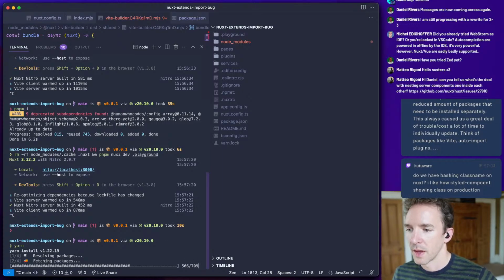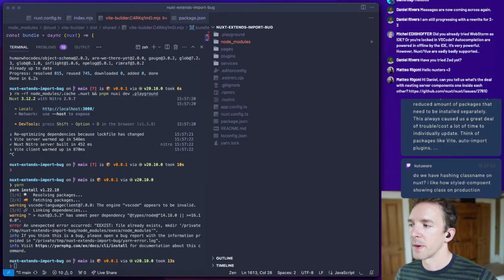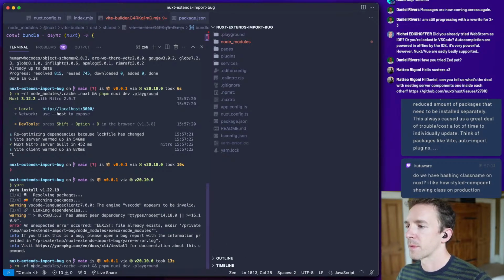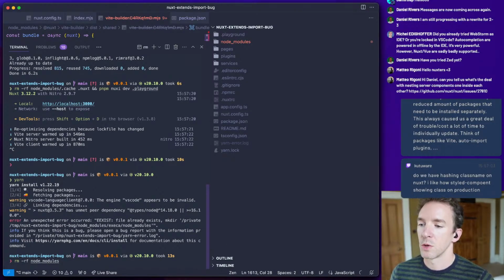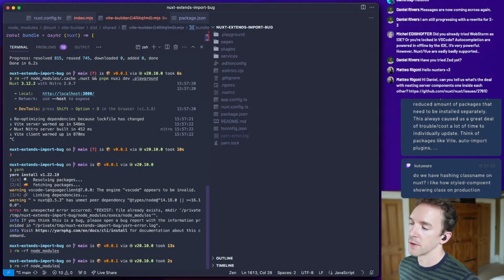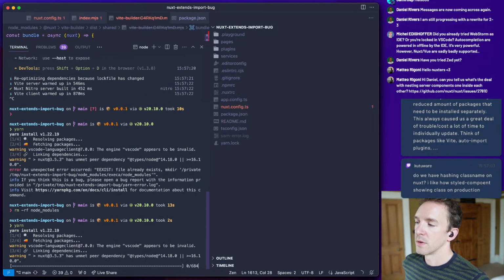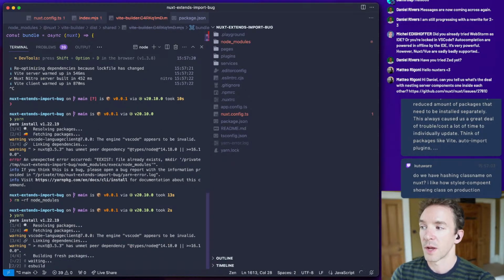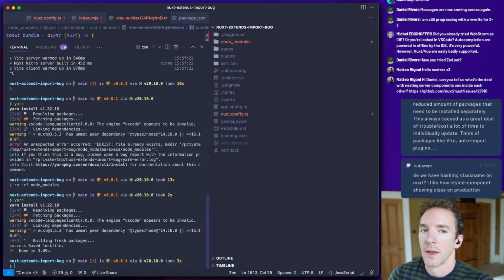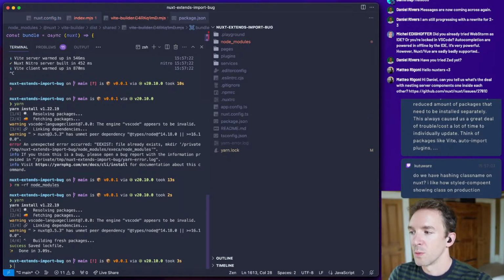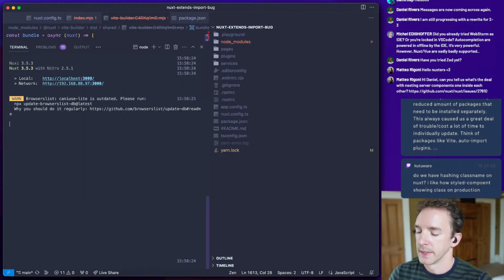Matteo, hello. How to deal with nesting server components? I saw your comment, by the way, on that, Matteo. You can absolutely use one server component inside another server component. However, every time a server component is rendered, there is effectively some overhead. So the more server components you use inside each other, the more that overhead adds up. You absolutely can do it, but you just have to be aware that it adds a little bit more overhead than just having a normal component inside another component. I think that's the main thing to be aware of.